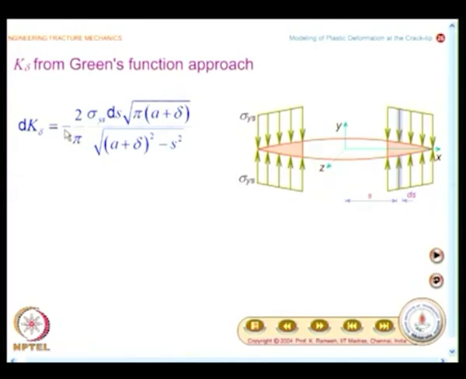So, I have a minus sign here and the stress level is known, this is given as sigma ys and incremental distance is ds. So, sigma ys ds denotes the load P and root of pi a, and pi a is taken as pi into a plus delta, and you have divided by square root of a plus delta squared minus a squared,